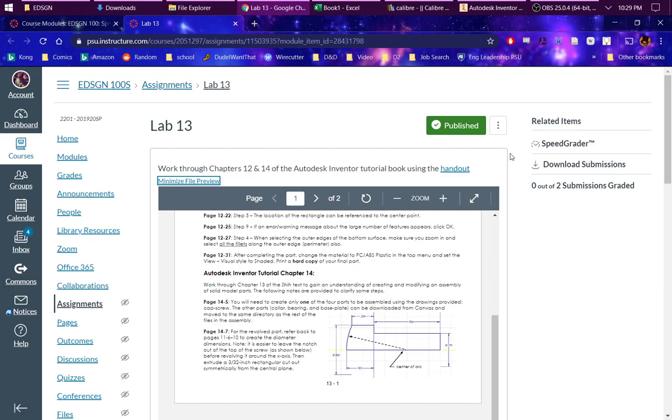This will cover information from chapter 14, which is all about assemblies. Basically what that means is taking parts that you've already created in Autodesk Inventor and putting them together to make a complicated machine of some kind, or anything that you would assemble multiple parts together in any way. You can do that in Inventor with an assembly. Now,